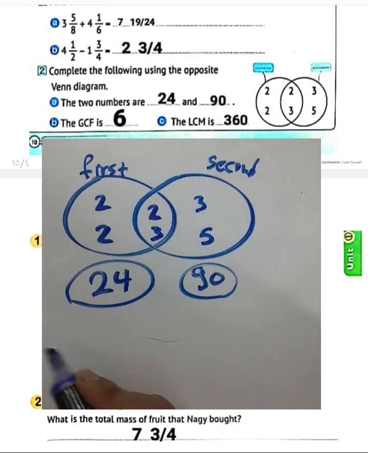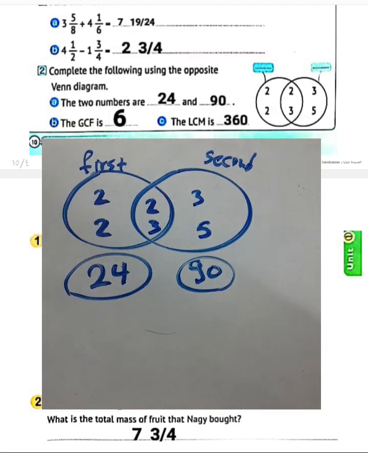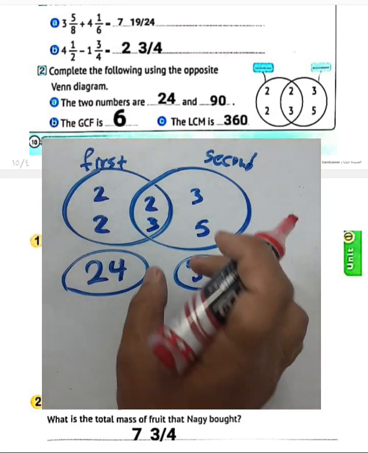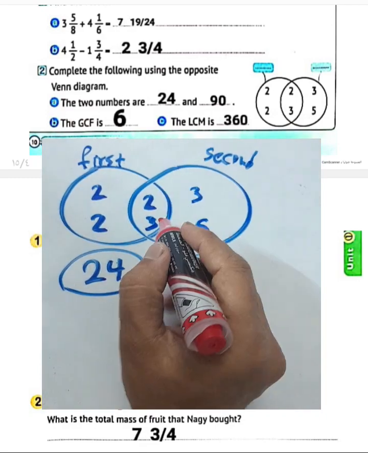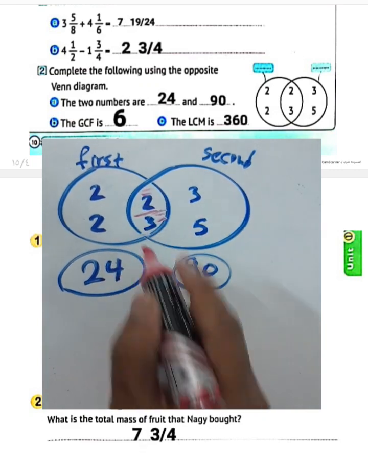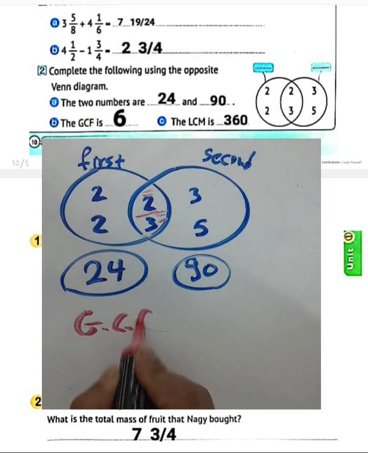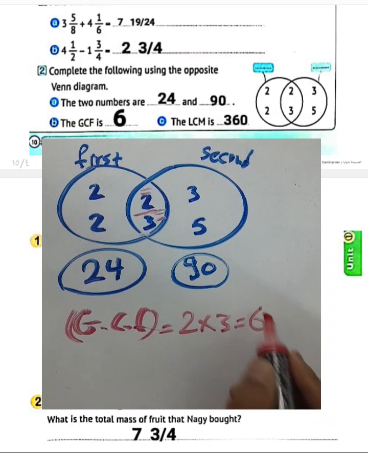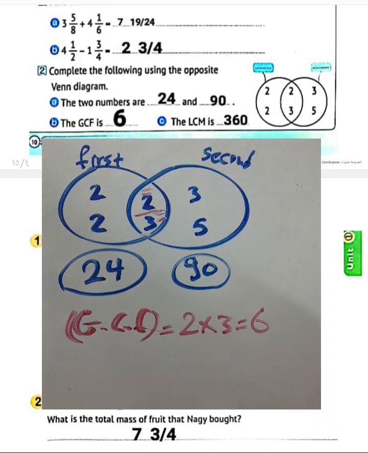And we want to find the greatest common factor between the two numbers. Can you tell me the greatest common factor here? We can find the greatest common factor between two numbers by looking at this part. We can find the greatest common factor. It will be 2 by 3. 2 times 3 equals 6. And the least